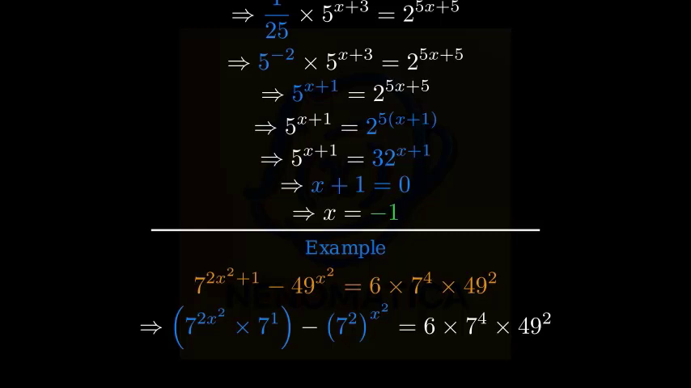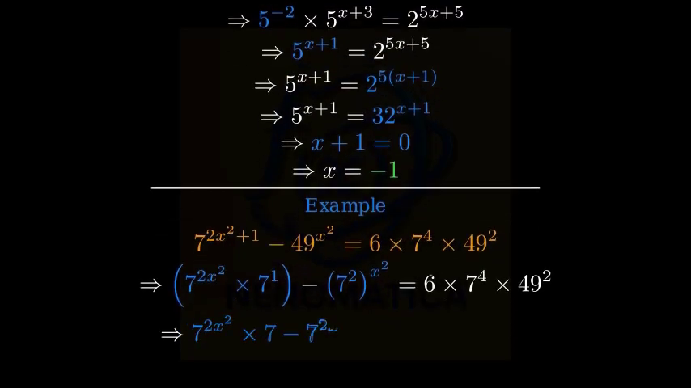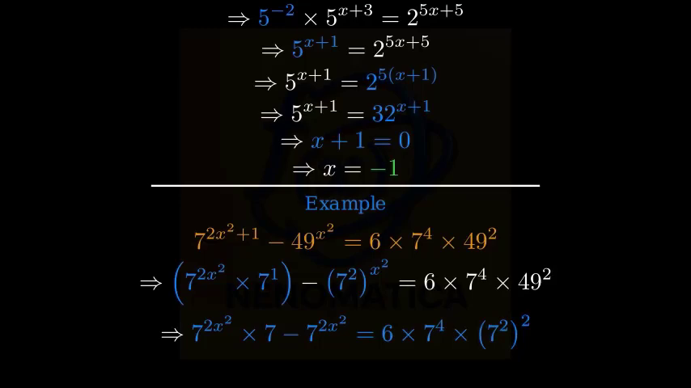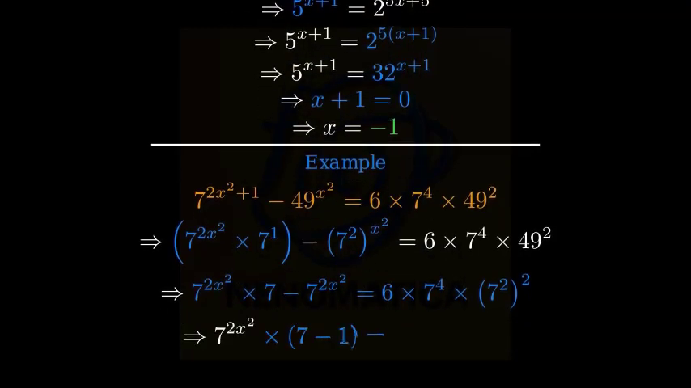And we can also rewrite 49 to the power of x squared as 7 squared to the power of x squared. Now, let's continue simplifying. 7 squared to the power of x squared is equivalent to 7 to the power of 2x squared. So we have 7 to the power of 2x squared times 7 minus 7 to the power of 2x squared. Now we can factor out the common term 7 to the power of 2x squared from the left side. We get 7 to the power of 2x squared times the quantity 7 minus 1 equals 6 times 7 to